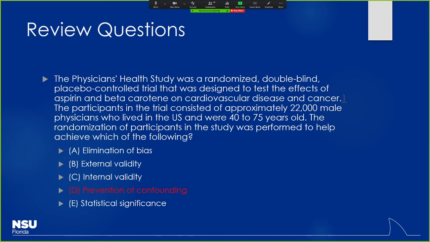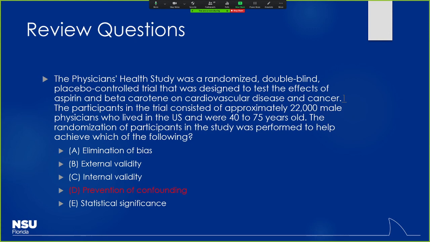So it's actually with prevention of confounding. To some degree, the randomization process helps with that. If you have individuals, say for instance, some of those physicians were smokers and some were not, by them being randomized, that helps make sure that confounding is limited, because they should have similar rates of smoking between the groups if everything is truly randomized. Internal validity has more to do with the study design in terms of how they're being broken up into their different groups, and then what kind of statistical analysis you're doing on that.